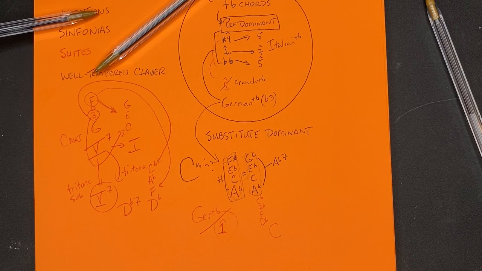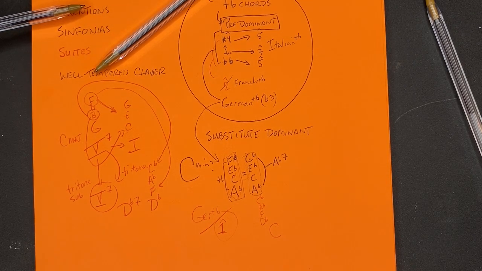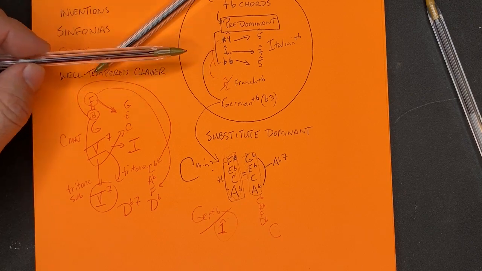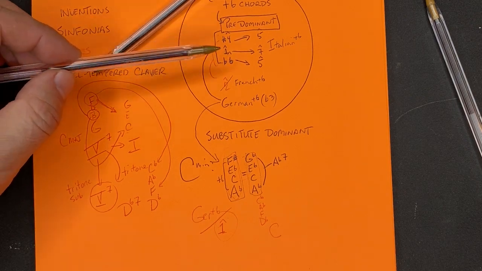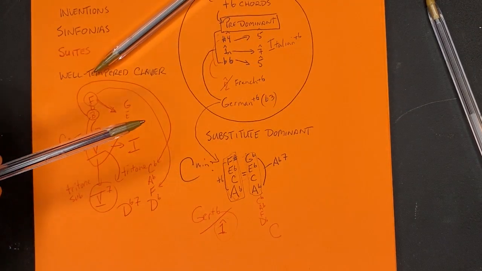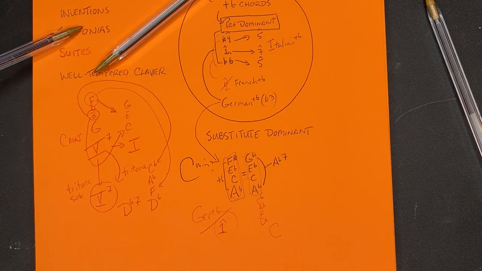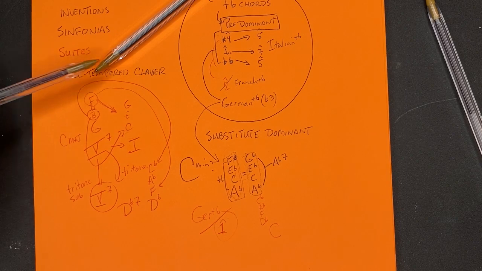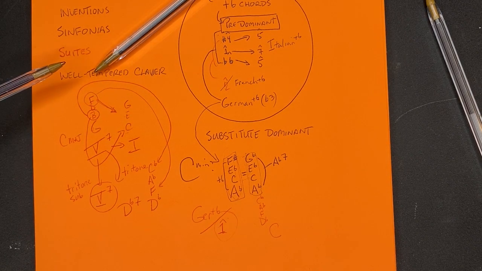that he wrote. There's 15 of them. And they have a beginning and then they start to move to the dominant, kind of like a fugue might do, except they're not fugues. And then they wrap around and stuff, and eventually they come back to their home key after leaving. Symphonias are 3-part inventions. The well-tempered clavier are all the preludes and fugues and things that we've seen and analyzed